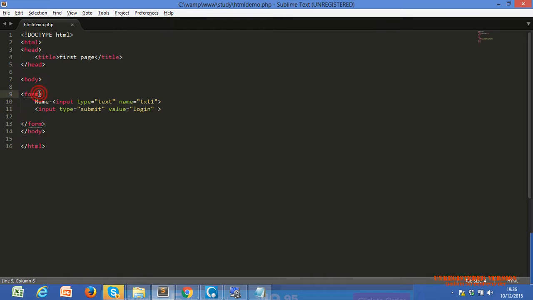Now just concentrate on this. Every tag has properties. I already told you. These are the properties of the input tag. I'm going to use the properties of the form tag also. Now, the first property of the form tag, the most usable property,